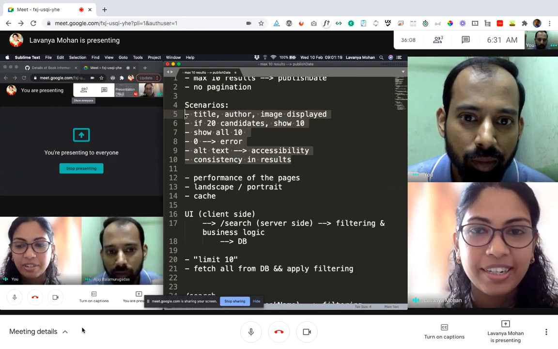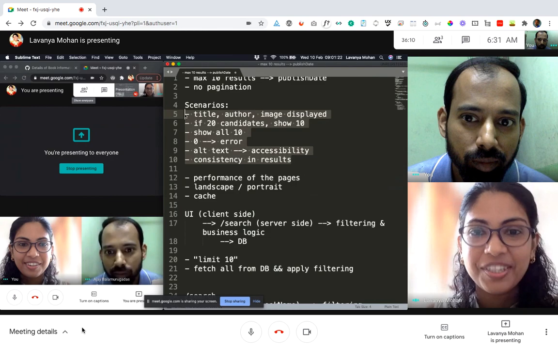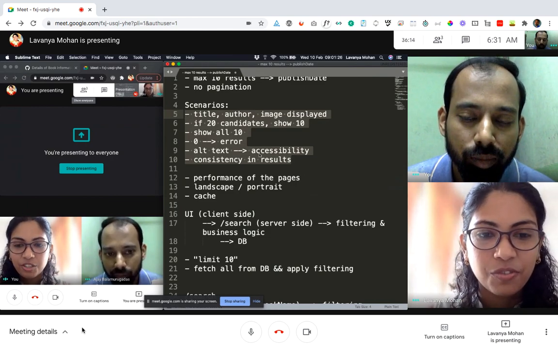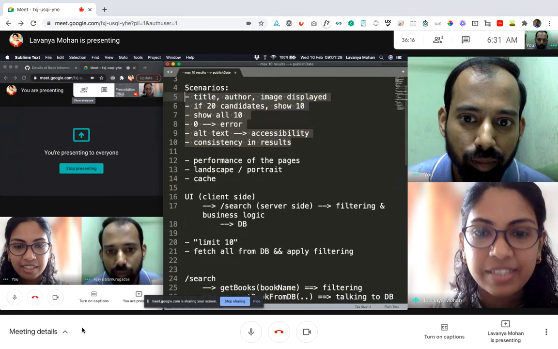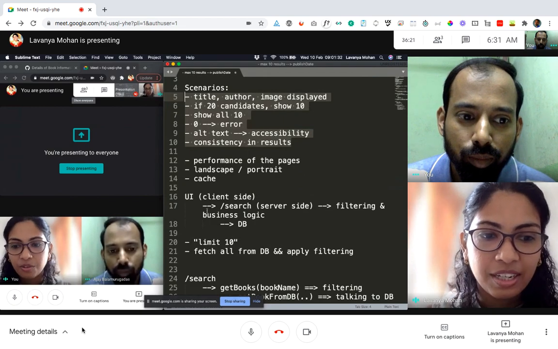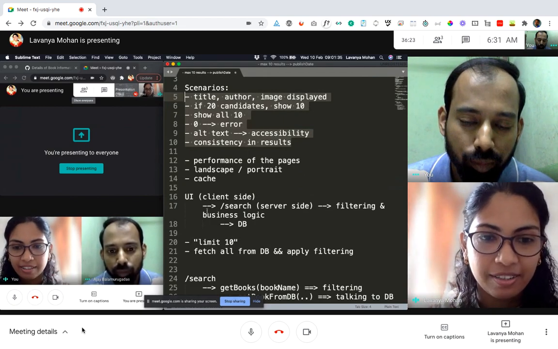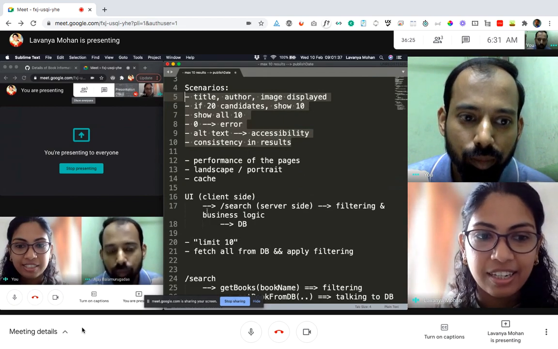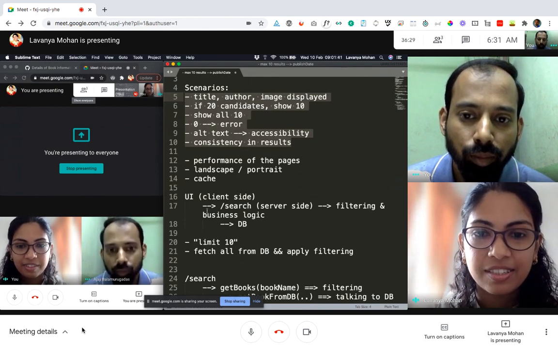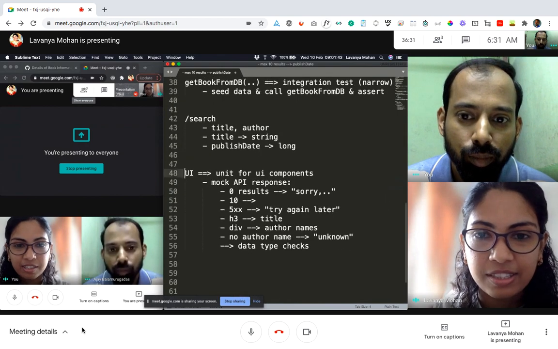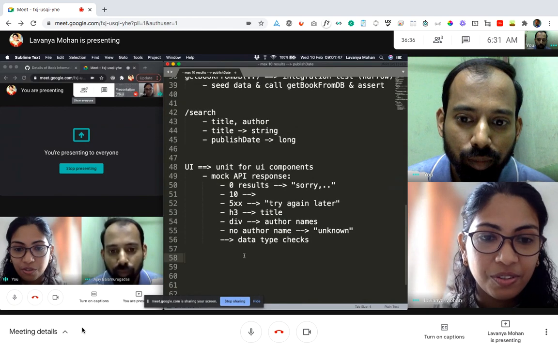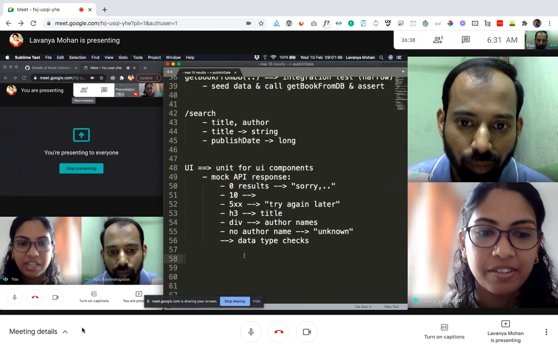Right. So that's a great point. And since you mentioned we can run a few, I will talk about what we didn't cover yet. We checked the server side part, integration. What we checked on the client side till now is by mocking data. But we have not yet checked integration of the client with the server. When we did all these checks, we were actually just mocking the API response. So that is one more piece which we have not covered yet.